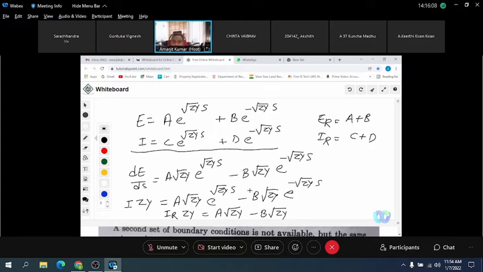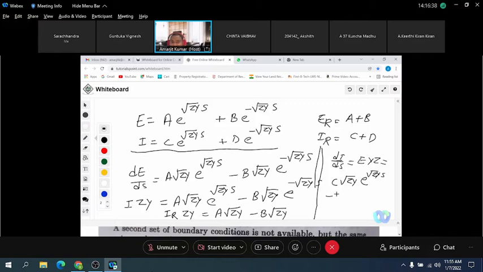What will be dI by dS? Take root Z by Y common and cancel. dI by dS will be equal to, basically, this is equal to E into Y that you know. And after differentiating this, this will be equal to C into root ZY into e to the power root ZY